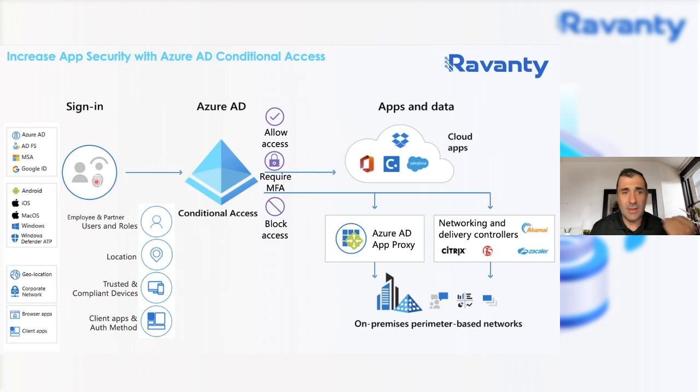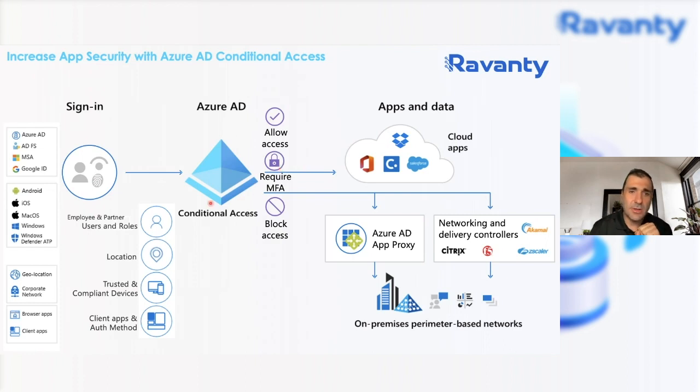So you might have a policy that enforces MFA across all your logons, regardless where you're coming from. Or you might say, if you're coming from a specific network location that's a trusted IP for our office, I want to allow access without MFA. That's just one example. Or there's specific conditions where you want to outright block access.